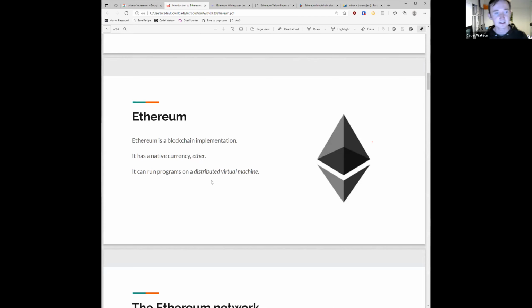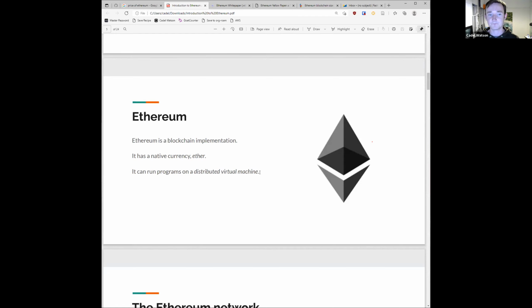So as well as its native currency, that's just one base component. The real advantage of Ethereum is that it can run computer programs. So if we think about, I know we've got at least one Java developer, when you write your Java program, it's executed both on your computer, obviously, but it's also executed using something called